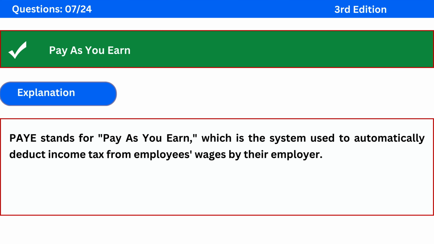The correct answer is pay as you earn. Explanation: PAYE stands for pay as you earn, which is the system used to automatically deduct income tax from employees'